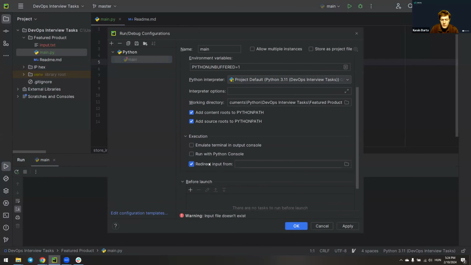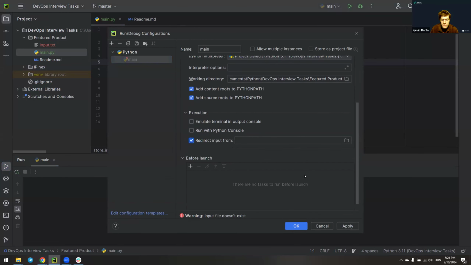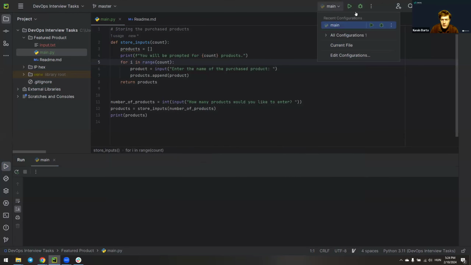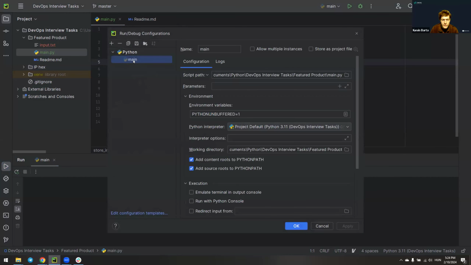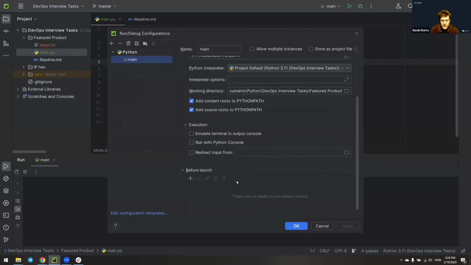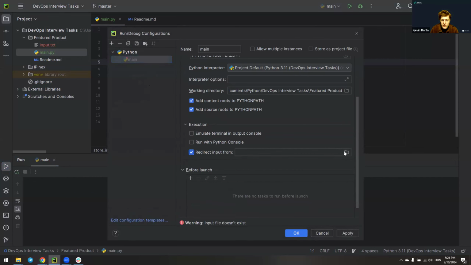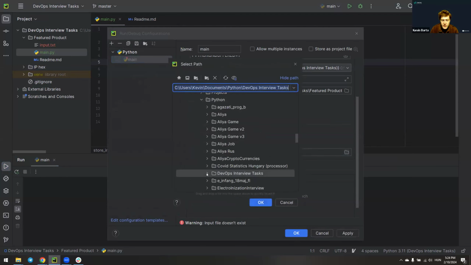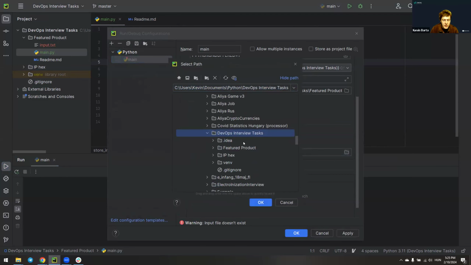And we have this option here at execution. So I clicked over here, and here we have the configuration, and I can just go over to edit configurations, and I select my configuration. And under execution there's an option to redirect the input from, and then you can just simply select the input.txt